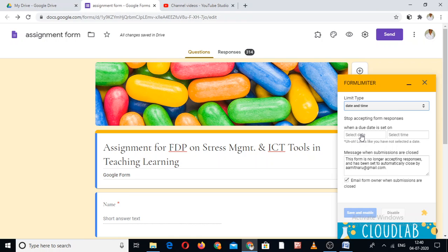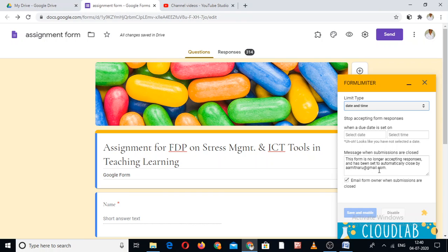Suppose you are organizing one FDP and you want the last date of submission to be the 5th of July, and you don't want any response after 5th of July, 10 a.m. So you can set the date and time here, and you can also write a message for when submissions are closed.